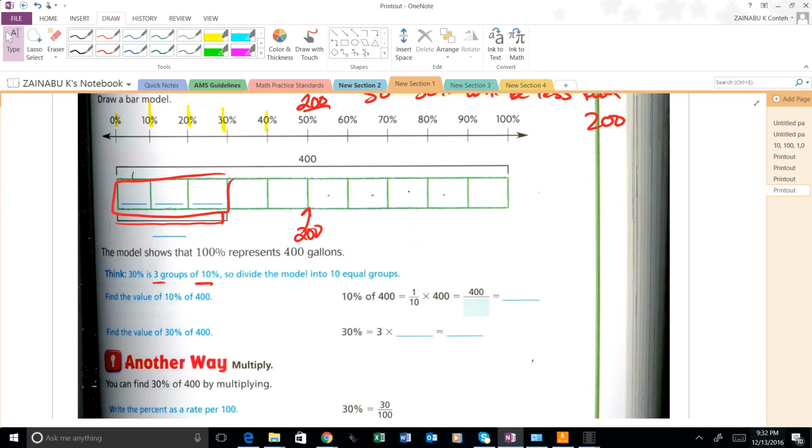Well, I know you can use logical reasoning to find that amount, but for the sake of it, let's look at the math that's behind finding 10% of 400. Well, in previous lessons, we've been looking at changing a percent into a fraction, and since percent means per 100, 10%